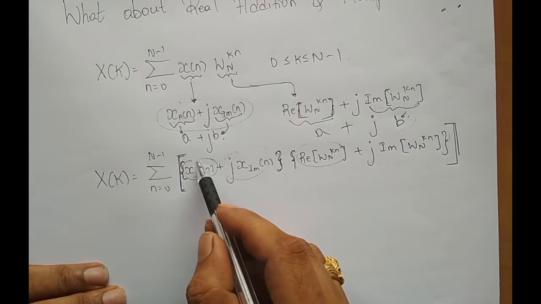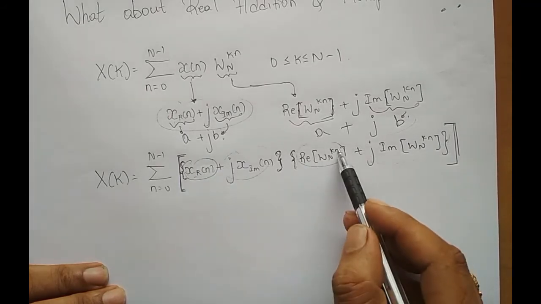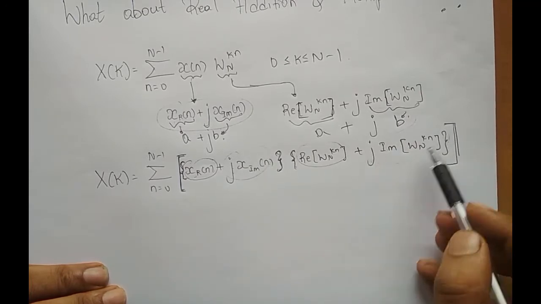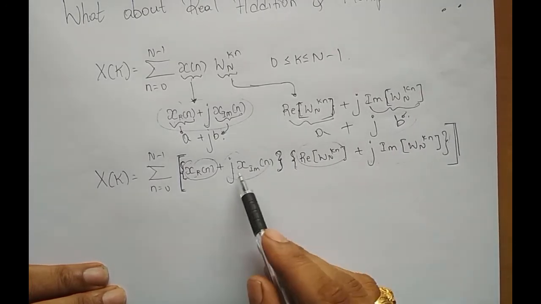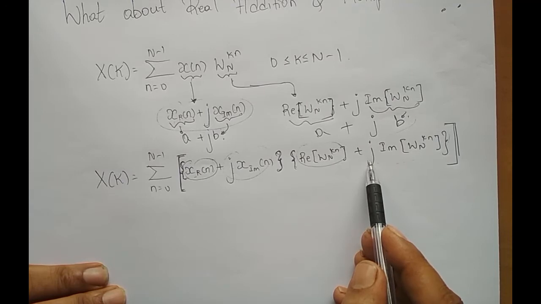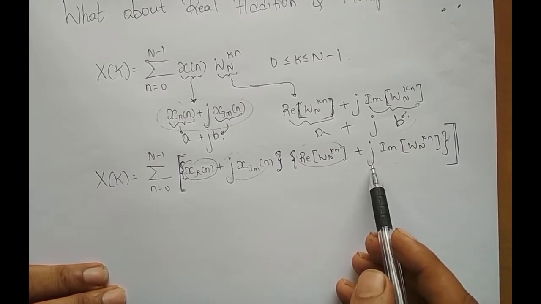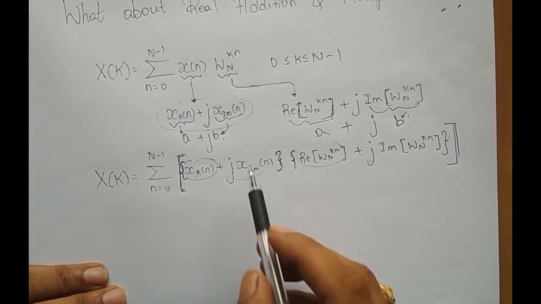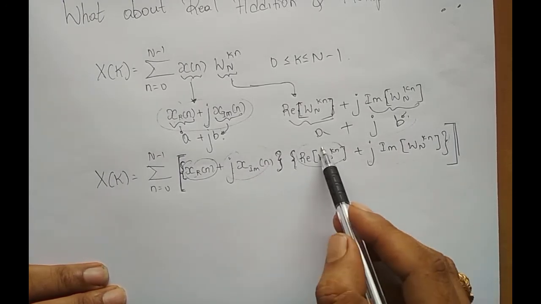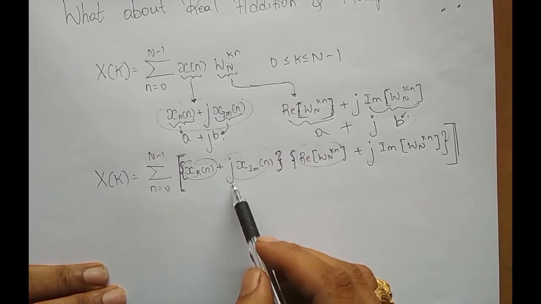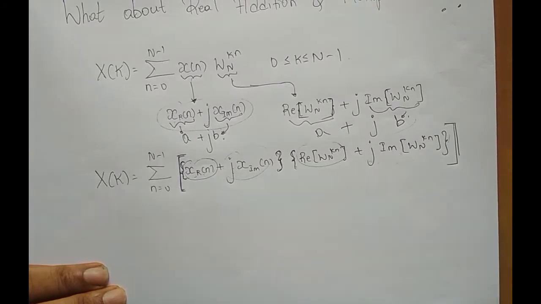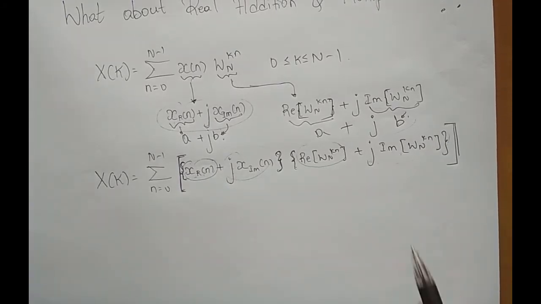So I repeat again, when I multiply this number with this number, it's a real. When I multiply this complex number with this complex number, I get real. Why do I get real? Because j times j, which is j square, which is minus 1. So minus 1 times some value is just a real number, right? Whereas when I multiply this with this, it's a complex number because I'll end up with one j term, right? And whereas if I multiply this with this, I get a complex number because I have one j term here, right? So we shall do that.